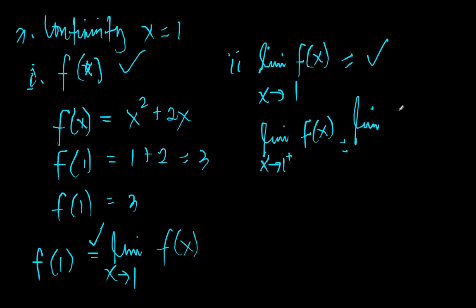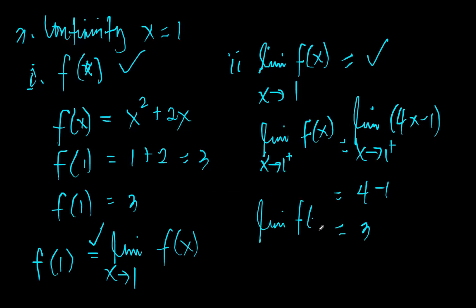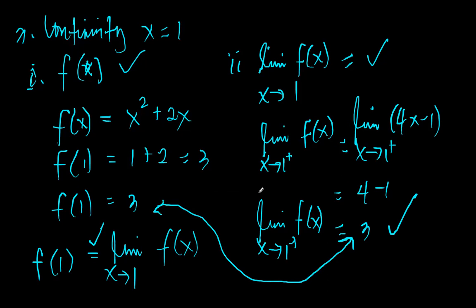We're going to use the 4x minus 1. So the limit of 4x minus 1 as x approaches 1 from the right is equal to, we can use substitution, 4 minus 1, which is 3. Therefore, the limit of f of x as x approaches 1 from the right is 3. So it exists. And we knew that they are equal, but we're not yet done because we need to check the other side of the limit value. So let's continue. The limit of f of x